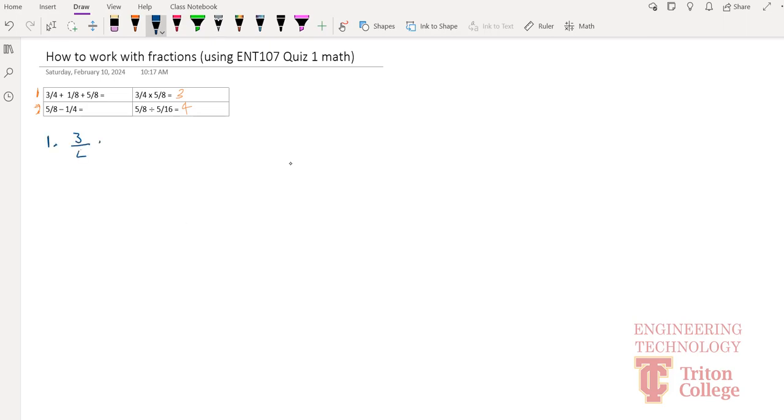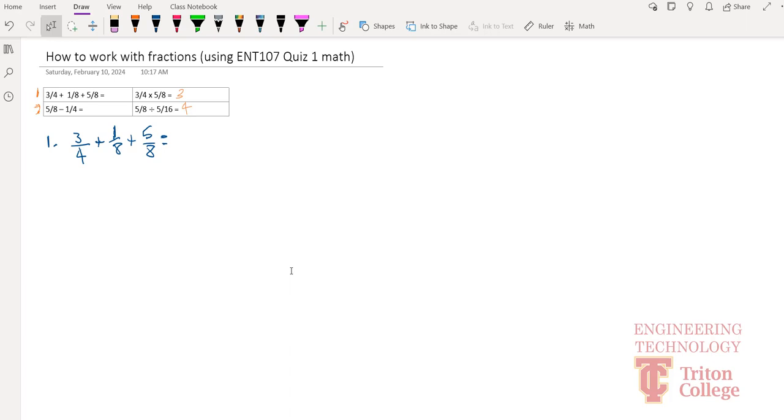3/4 plus 1/8 plus 5/8. Okay? And then it wants to know the answer. Sure, you can plug it into a calculator, all that fun stuff, but how do you solve this when you're on a job site, when you're at your workstation, and you don't have your cell phone on you, or you're using an old school calculator, and you have to remember how to do conversions if you plan to use decimals